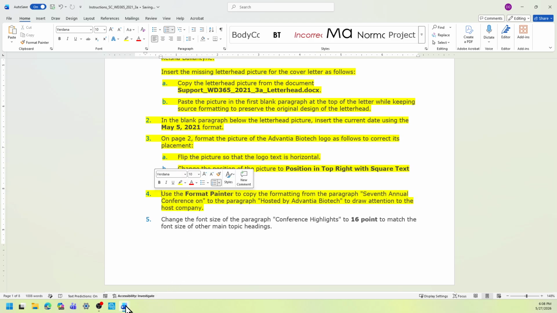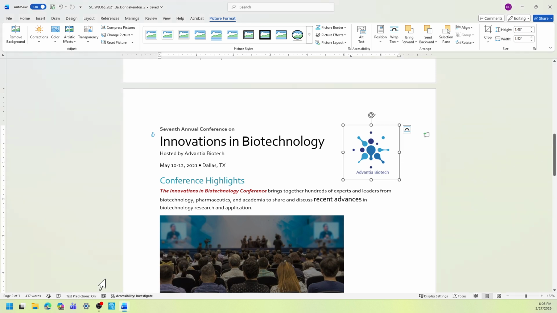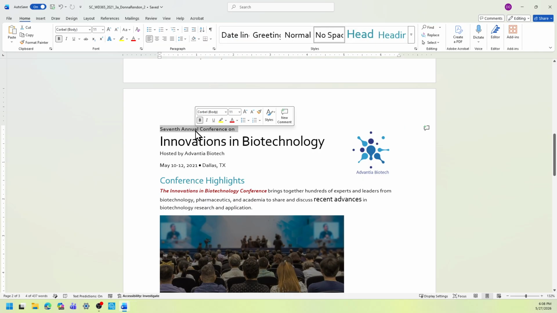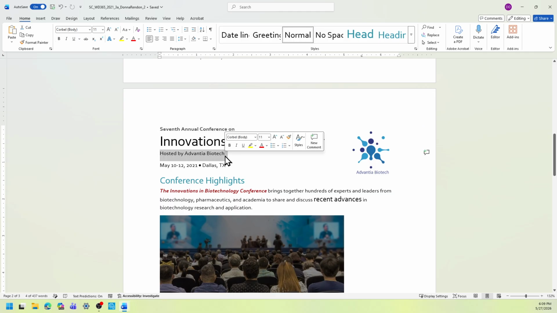Okay, back to the start file. Now we're going to look for the 7th Annual Conference on, which is this here, this paragraph. We're going to use the Format Painter, and then we're going to copy the formatting of this paragraph onto this hosted by Advantia Biotech.